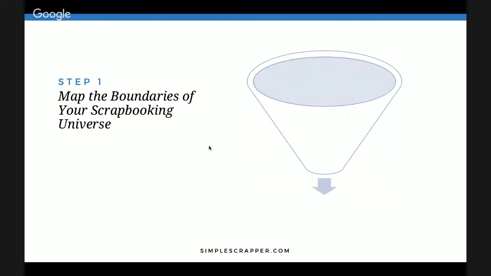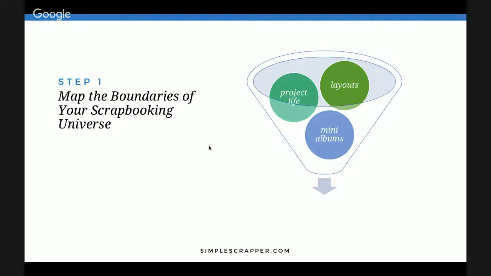All right, so this is what that looks like in practice. It's another way of displaying it. So you have layouts, you have project life, you have mini albums, maybe you have cards, you have photo books, you have other types of creative hobbies. They're not going to all fit into your bucket. So you have to filter them out and figure out what's going to come out the other end and be on your list of 2016 projects, because you can't do it all as much as you want. You just can't. There's not enough time. So you have to make decisions about what's exciting, what's interesting, what's working well for you.